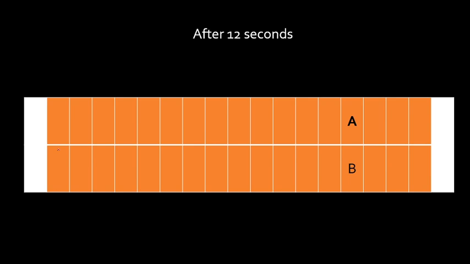So what should you do? Since both of them are leading, increase the count for both of them. So A's leading count increases to 6. And what about B? So far we said B is not leading the race at all. But this time, since both are on the same line, we have to consider B is also leading the race. So in that case, B's leading count changes to 1. Am I making it clear up to this point? So I know that A has led the race 6 times and B has led the race only once. Now this is after 12 seconds.